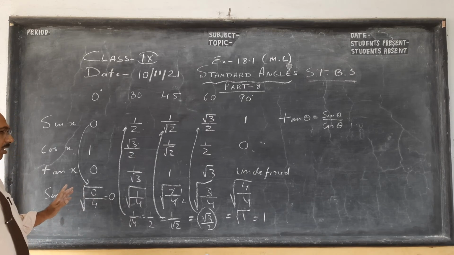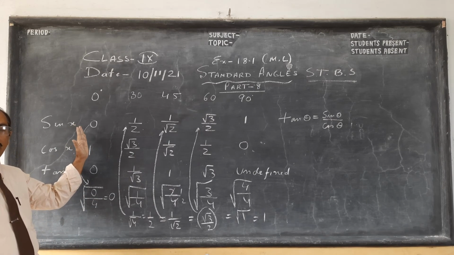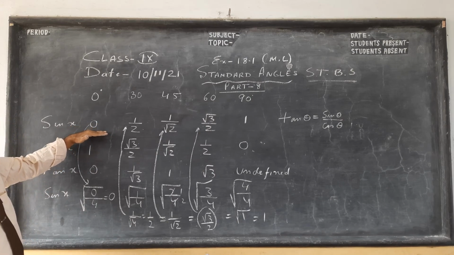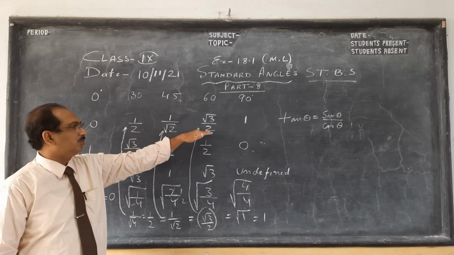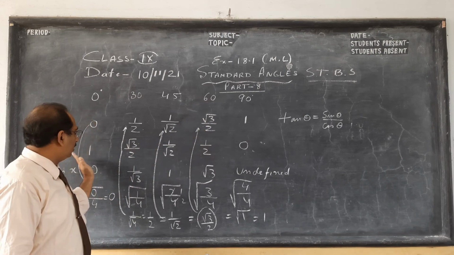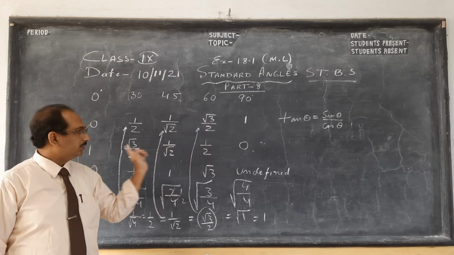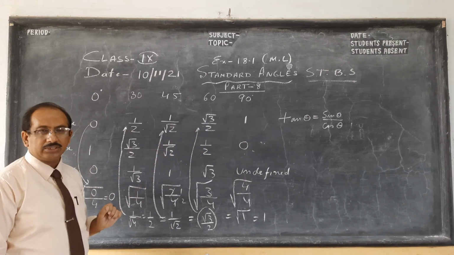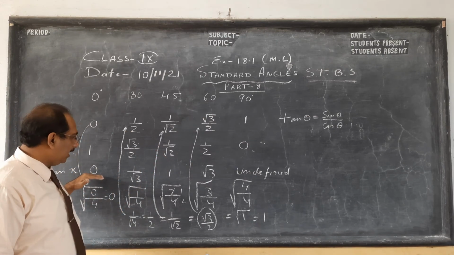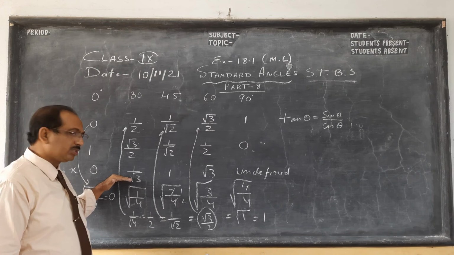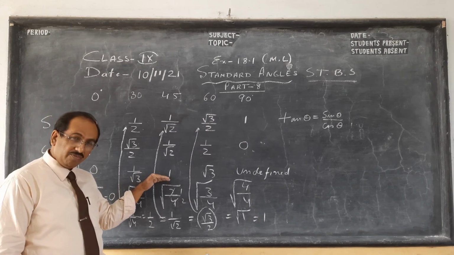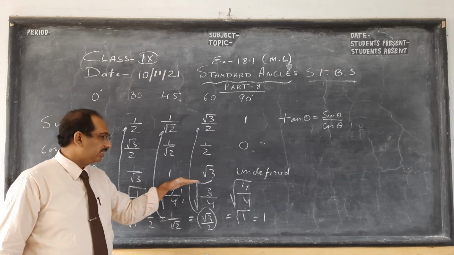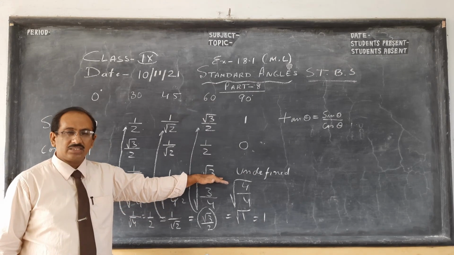Suppose you forgot, the best thing is the logic, you see my part 6 of the video. This is how we have done it: 0, half, 1 by root 2, root 3 by 2 and 1. Then we do just the opposite, we write in reverse order, as I told you, or crisscross, because they are complementary angles. For tan, you try to remember 0, 1 by root 3 for tan 30, 1 for tan 45. This is very important, children, especially tan for class 10 height and distance. Tan 60 is root 3.